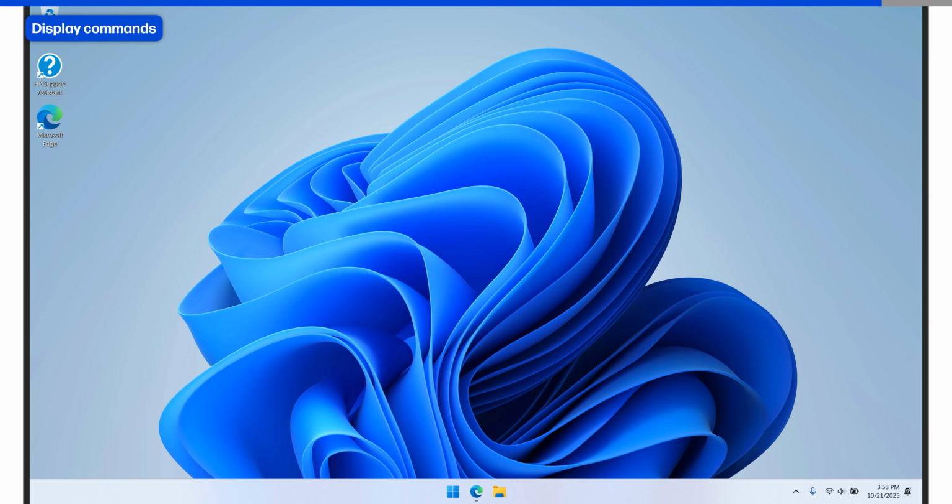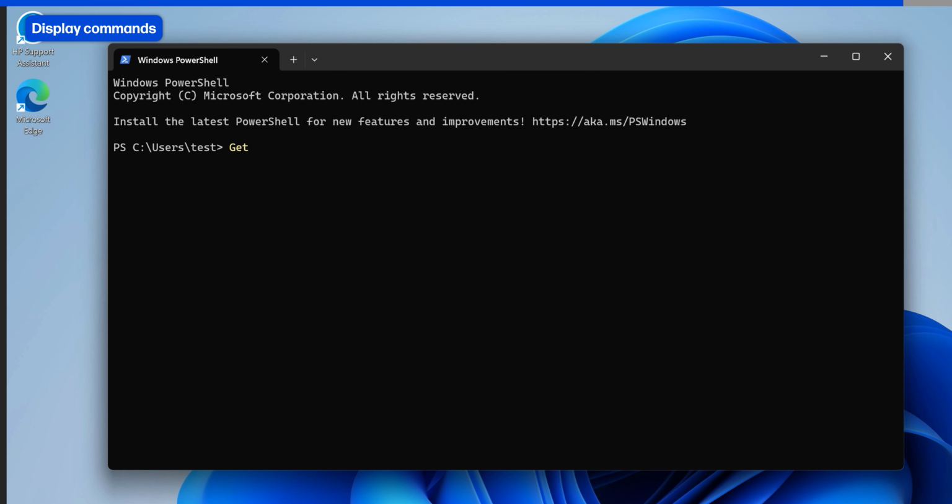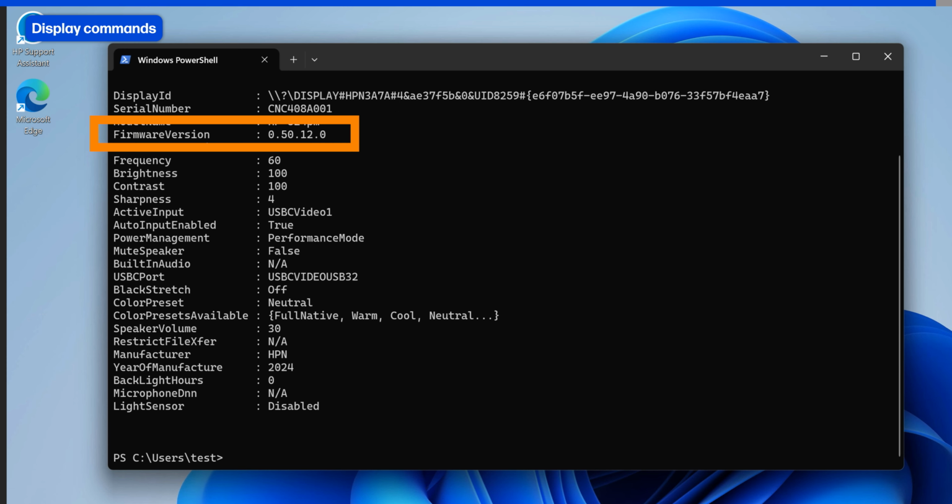Click through the prompts before starting the update. Silent firmware updates are available for supported displays. After the firmware update is complete, open PowerShell and enter Get-HPDisplay, as well as the device serial number if applicable. You can compare the previous firmware version and the new firmware version to ensure that the update has been completed.